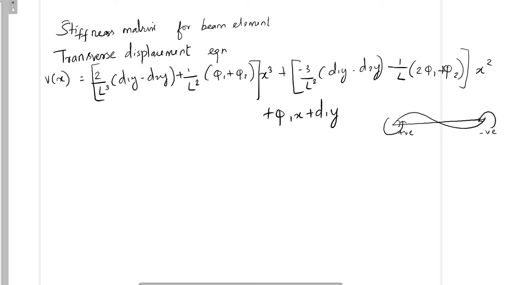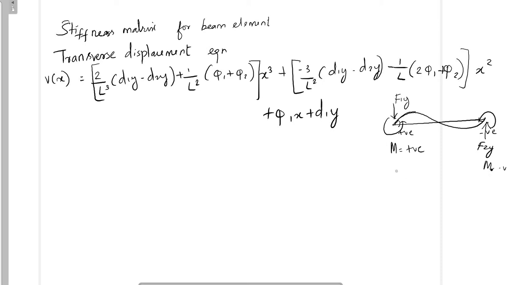And for this rotation, for this bending, the beam has to resist with the shear force in the downward direction. For this end, the beam is deflecting downward, so the reaction should be in the opposite direction. That is F1y direction, here it is minus, F2y direction, here it is plus. And the moment direction, here it is plus, here the moment direction is minus.